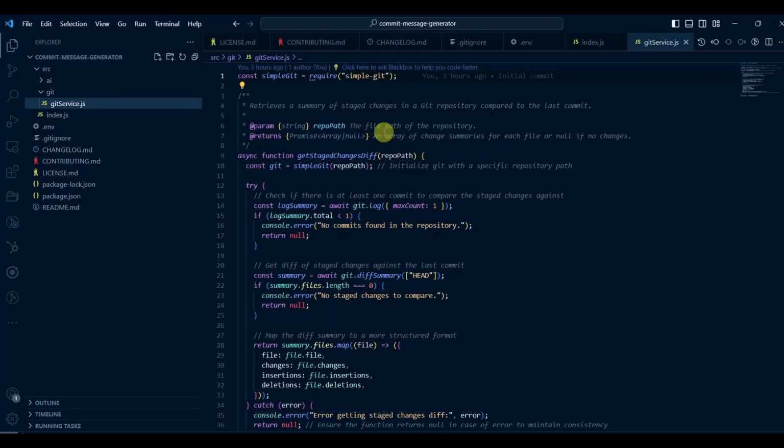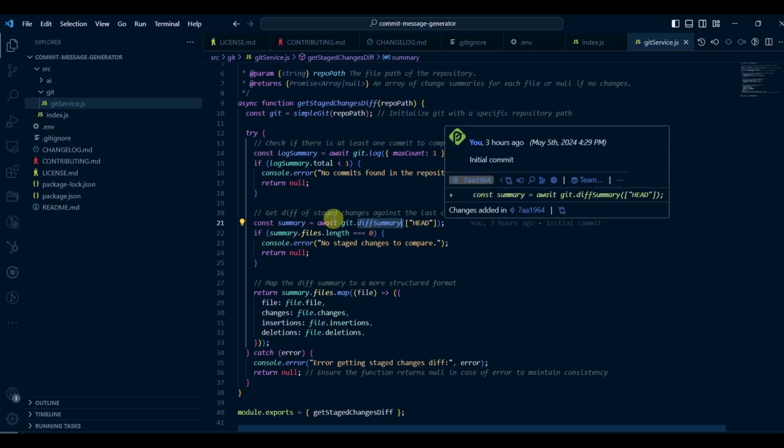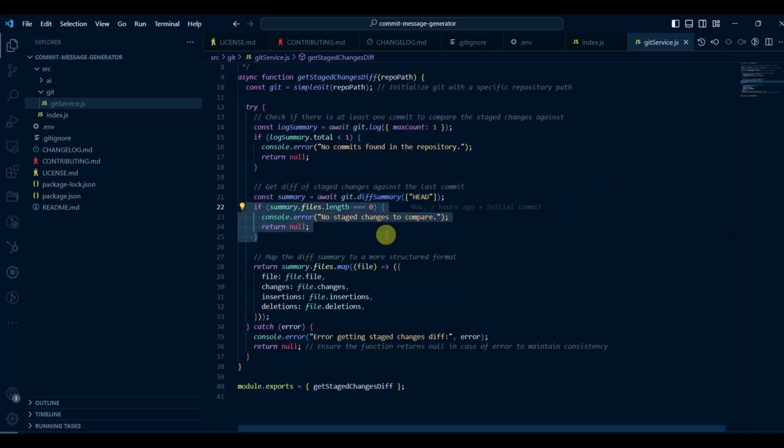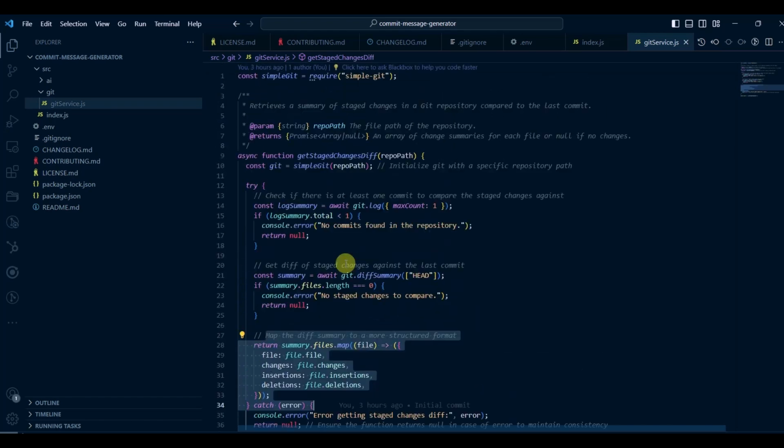Here we have used simple git, which helps us get the git diff, meaning a diff summary of the head. If it's not available, we throw a console error. If it's available, we read the different changes, insertions and deletions, and based on that we return a summary